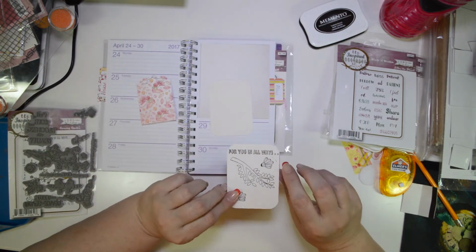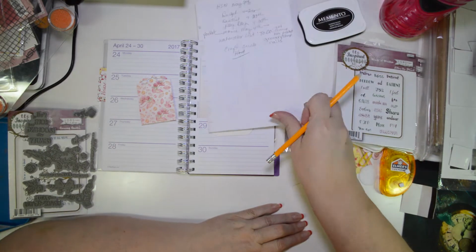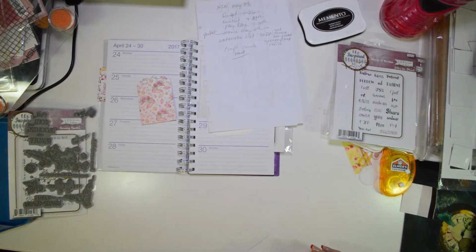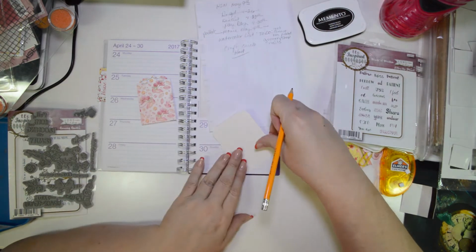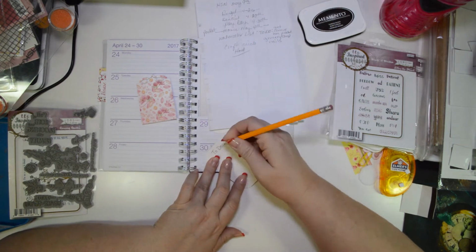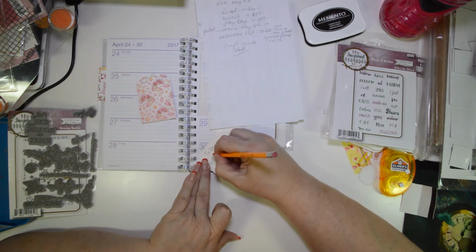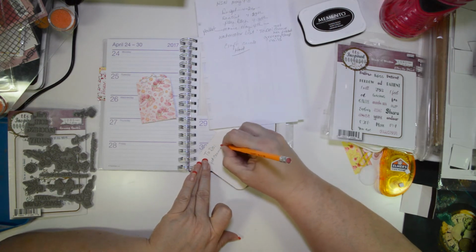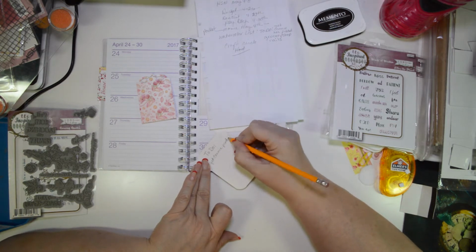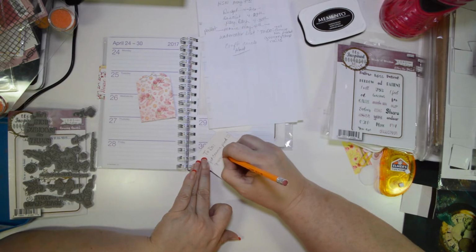Okay, so on the back of this, I'm going to take my list and I'm going to say, when I put it down, it's going to lift this way, to do. And get Connie product, and then I'll put like little boxes over to the side just so I know that I've already done them. Grocery shop,